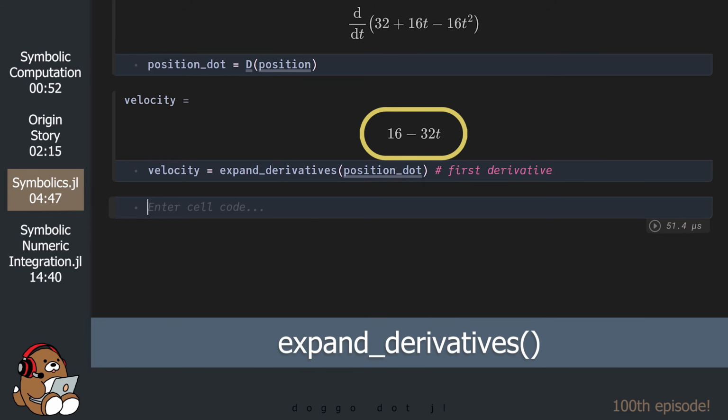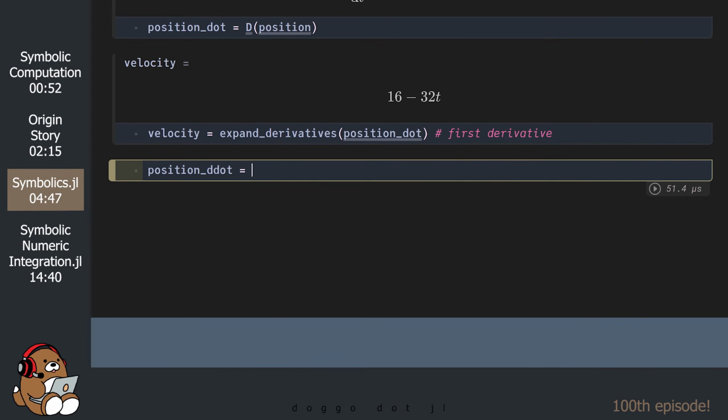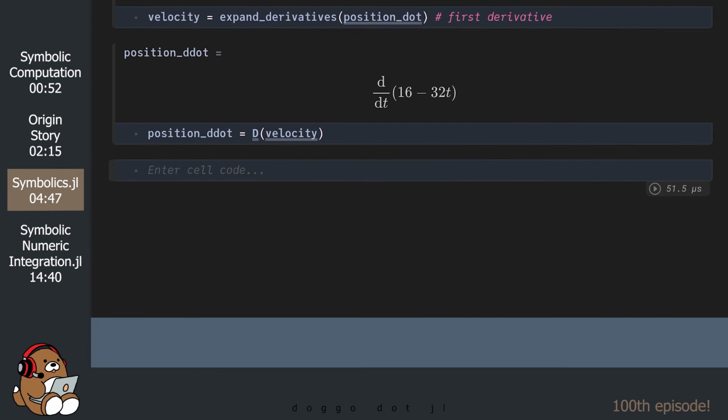So this symbolic expression is the same symbolic solution that you would have come up with if you had solved this problem by hand. You can repeat this process to find the symbolic expression for acceleration.